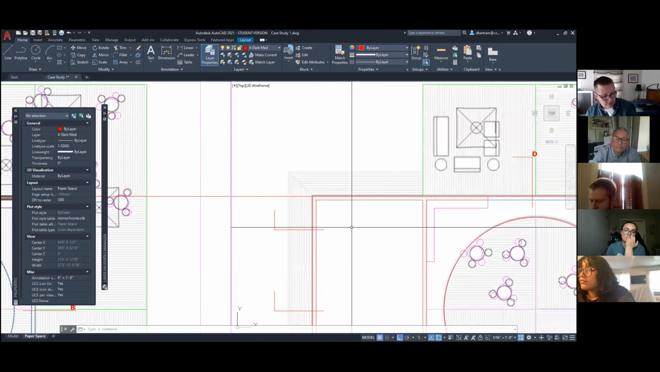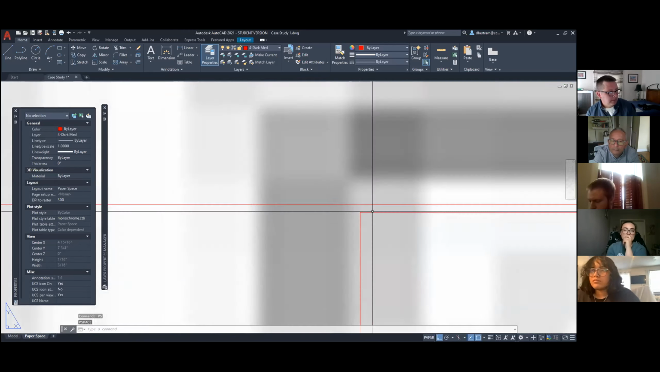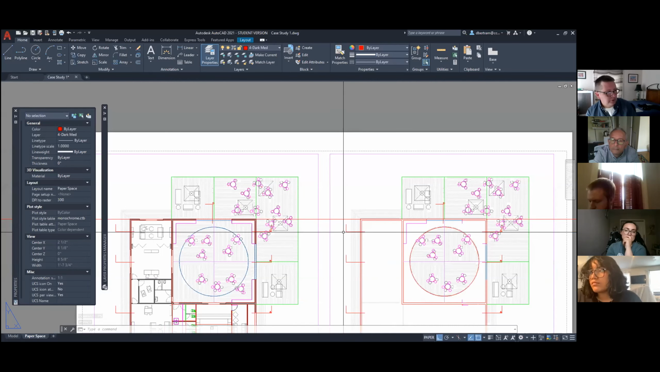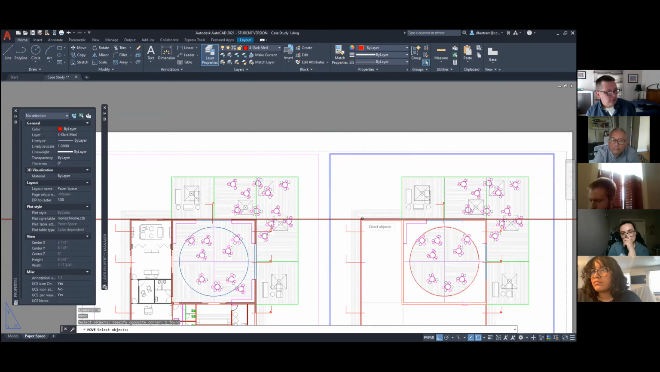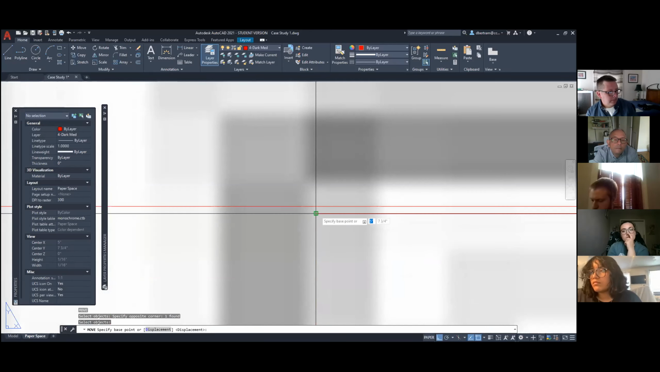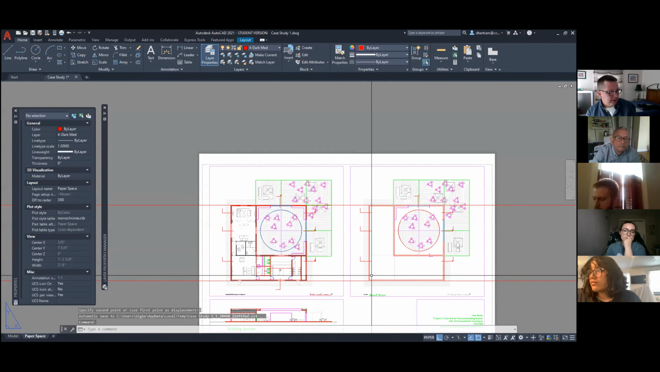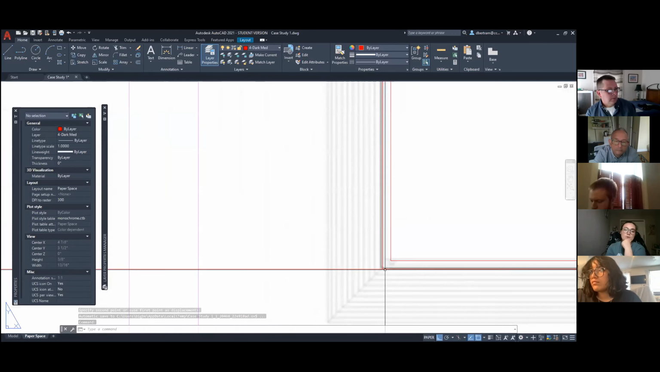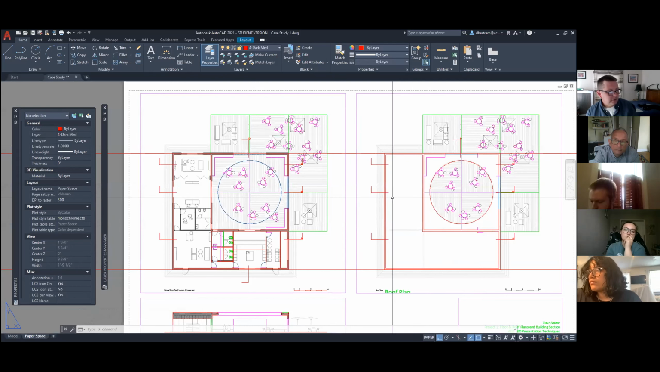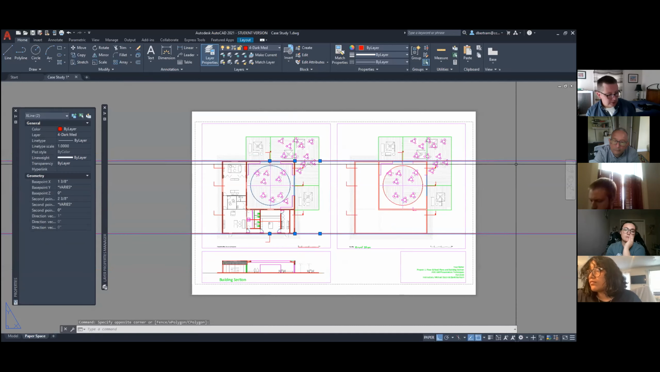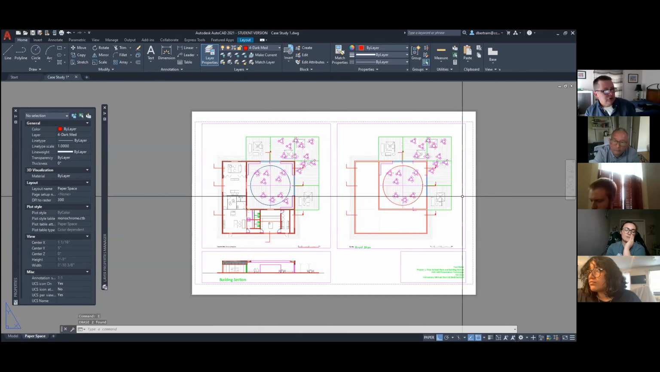That looks good. PS for paper space. And now I could just M for move, pick up the viewport, and move it up. So now my plans are perfectly aligned, left to right, and my section and my floor plan are perfectly aligned. All right, so that was really, the moral of the story is